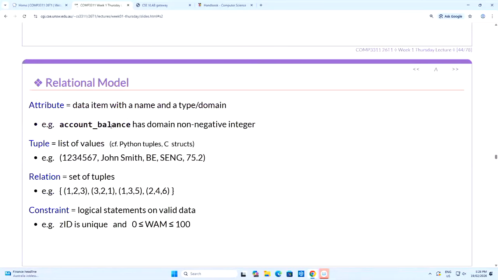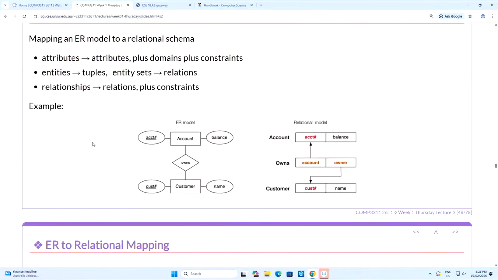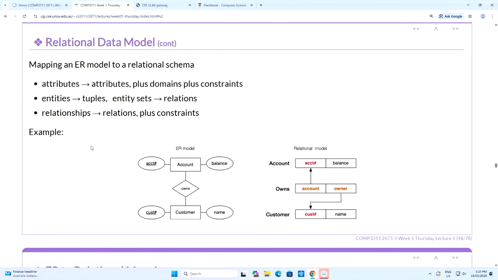So basically, let me give you an example of a relational model. This is an ER model on the left-hand side, and this is a relational model on the right-hand side. The ER model, we already know how to create. We look at this description, a bunch of text, we get the entities, relationships, attributes, and then we draw a nice sketch like that. The reason why I said the relational model is kind of a middle ground between the ER model as well as